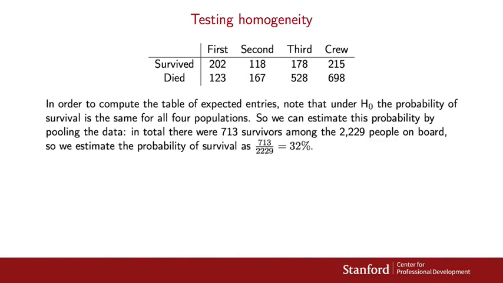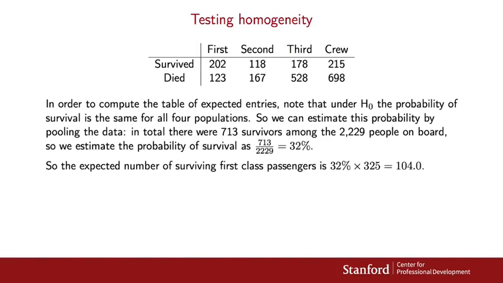That means we can estimate the probability by simply pooling all the data. In total, there were 713 survivors among the 2,229 people on board. So we estimate the probability of survival as 713 over 2,229, which is 32%. Then the expected number of surviving first-class passengers is that 32% times the number of first-class passengers, and that comes